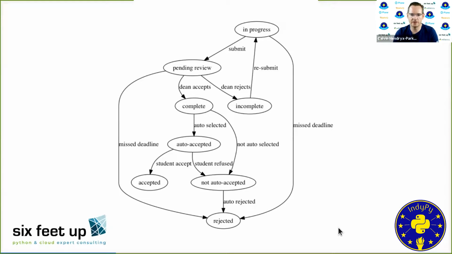application. But even a straightforward application can have many, many different kinds of states that a piece of content or business model can be in. And you need to be able to track those things in a logical way. And more importantly, you need to control who can perform these various operations. And you need to be able to do that in a way that is easy to track, easy to audit, easy to repeat, so that things don't go wrong halfway through the process.